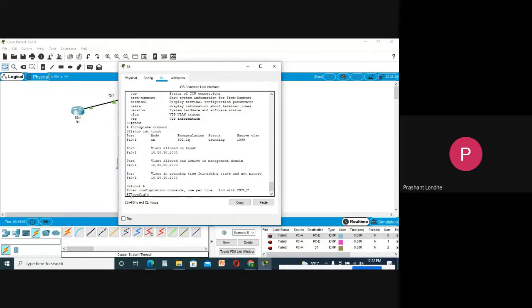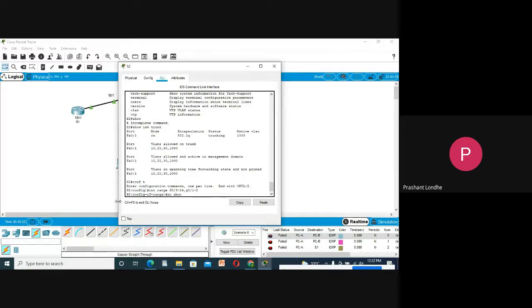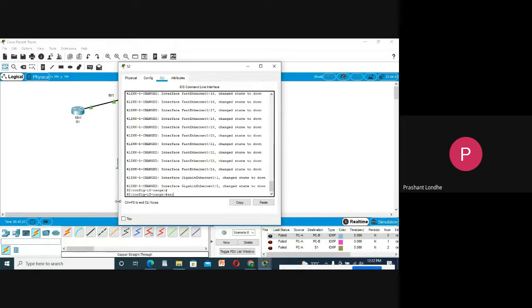Conf t, interface range f0/3 to 24, g0/1 to 2, no shutdown. Exit.